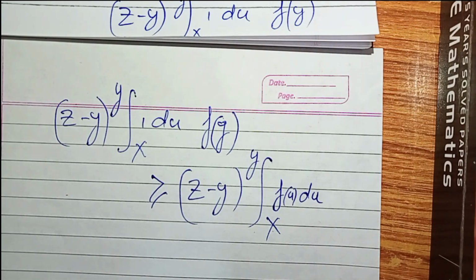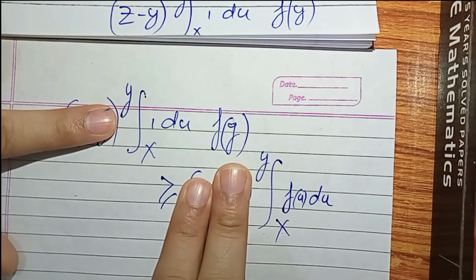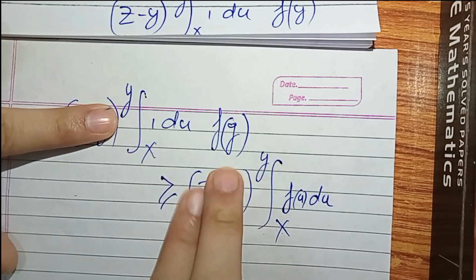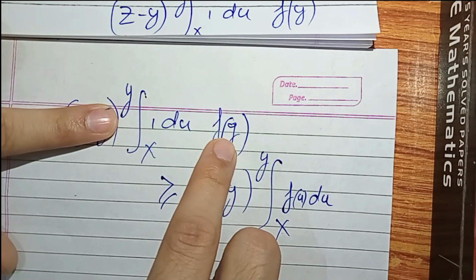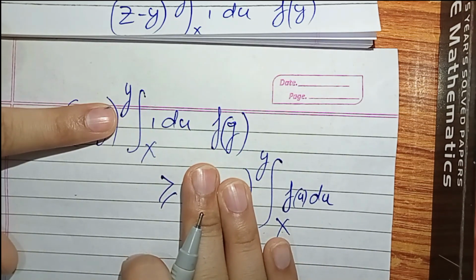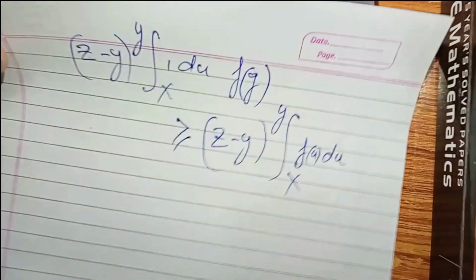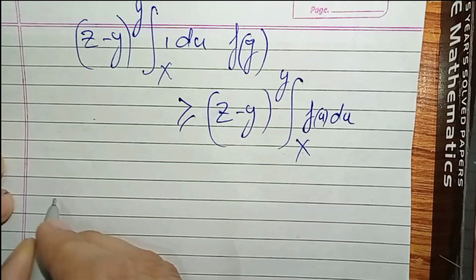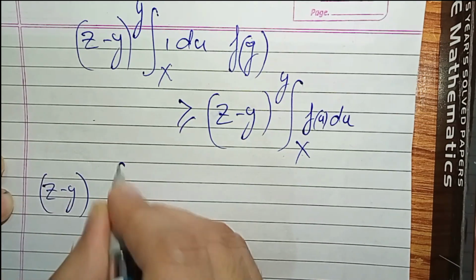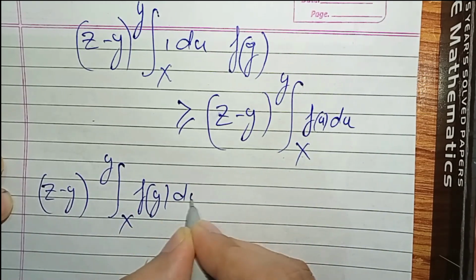Can you see why? Because if you take away these things, we can just cancel them out, and I can take this f(y) inside. So let me rewrite it one more way, so that it will be much easier for you to see that the integral from x to y of f(y) du is greater than,